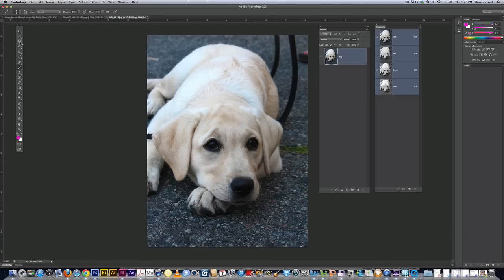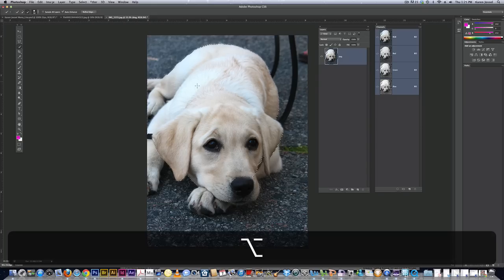I'm going to use the quick selection tool, and I'm going to see how much of the dog I can get. Now, just to be on the safe side, I'm going to hold the Option key. If I hold the Option key, see the minus that appears? If I tell Photoshop I don't want to get any of this ground or the leash involved in the selection,